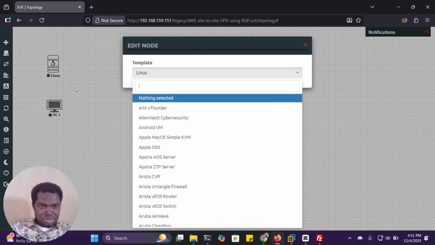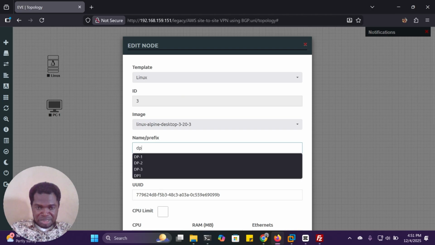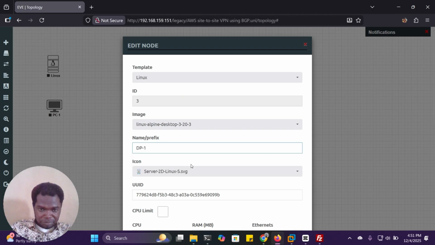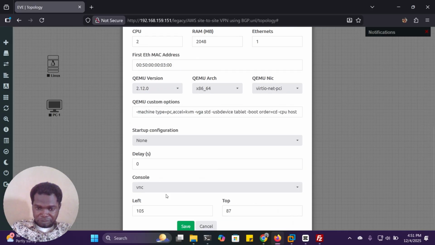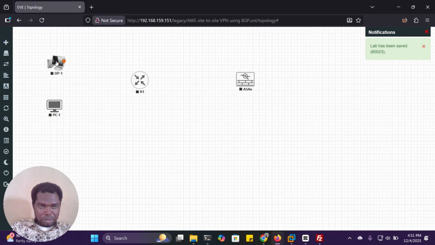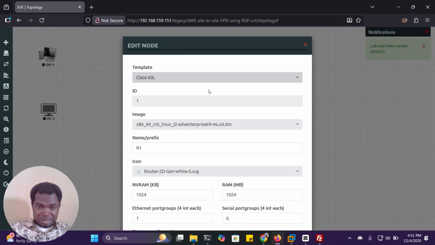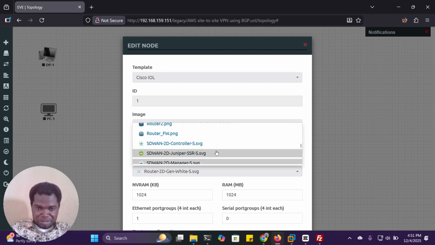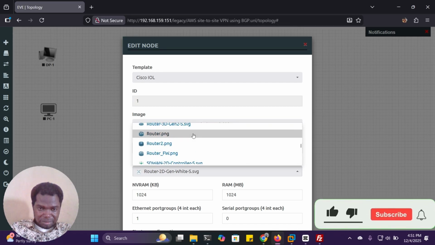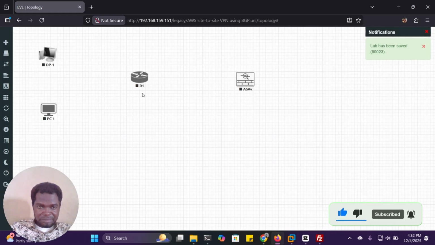What we are going to name this one, I'll name it DP, because I'm trying to emulate an office, DP1. Then I'll make it a desktop. I'm going to make it a real world scenario here. Now, this is not the symbol for a switch, this is a symbol for a router. I'm going to click on edit, change the symbol to router. I prefer using the 3D image. Everything else I will leave as default.